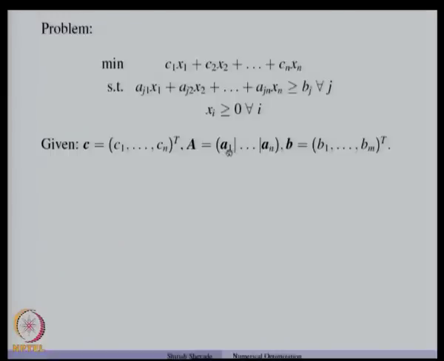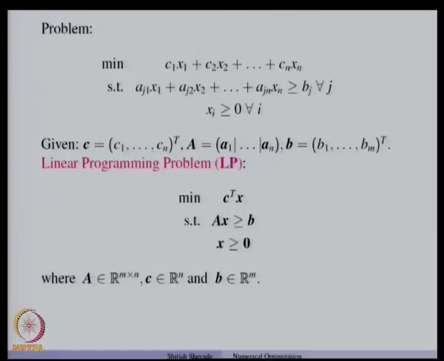Each Ai vector in each column is an m dimensional vector, and let us assume that B is composed of B1 to Bm. So, this problem or this program can be written as